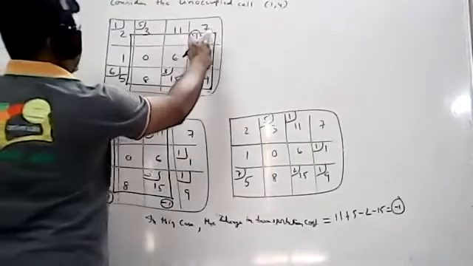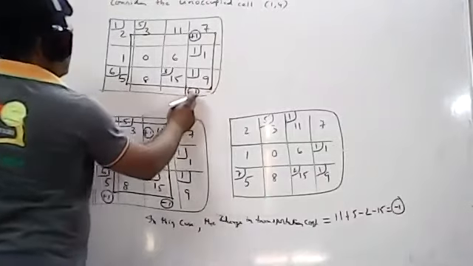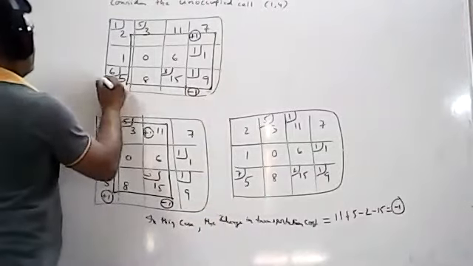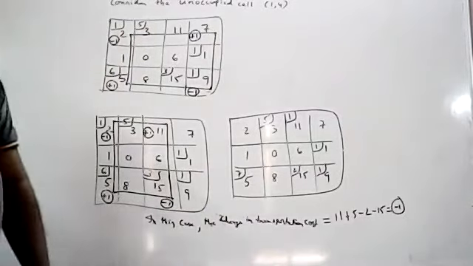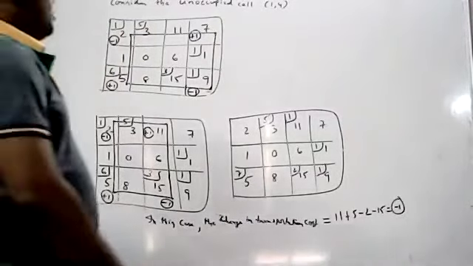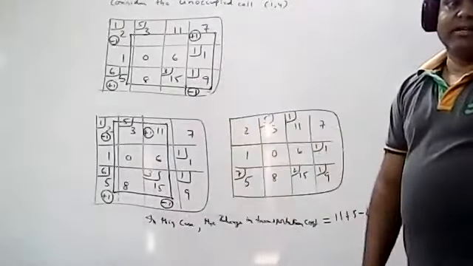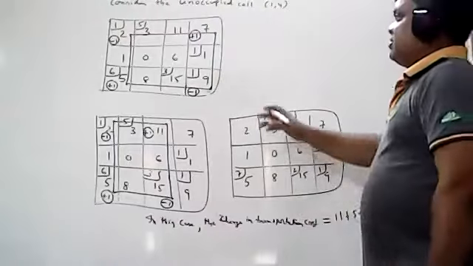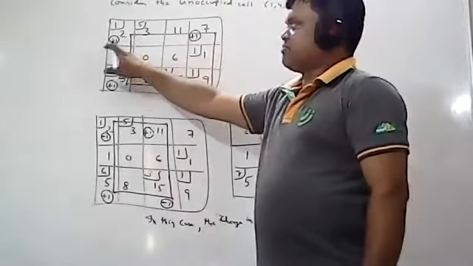So wherever you are starting the loop, that is plus 1. So this is minus 1. So if this is minus 1, this is plus 1. If this is plus 1, this is minus 1. So I hope you understood. So for all the unoccupied cells, you have to repeat the procedure like this until all the unoccupied cells are finished. Okay. So wherever plus is there, you have to add. Plus 1 means add, minus 1 means subtract.